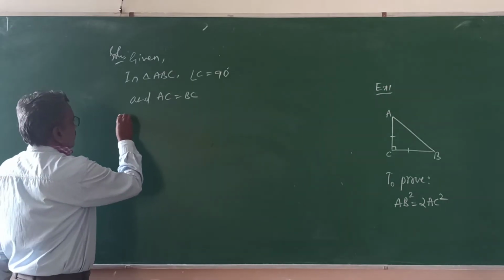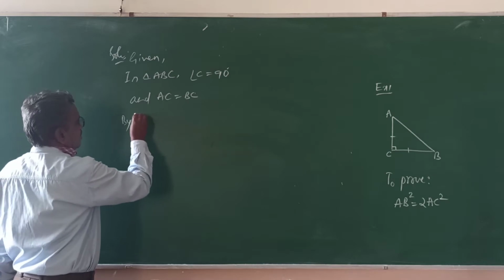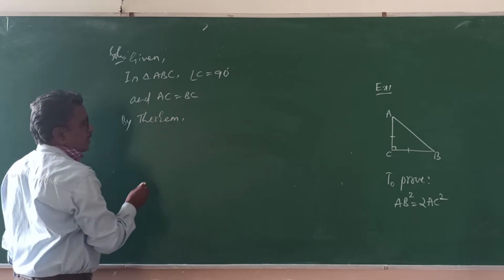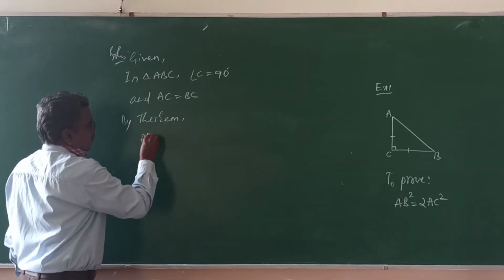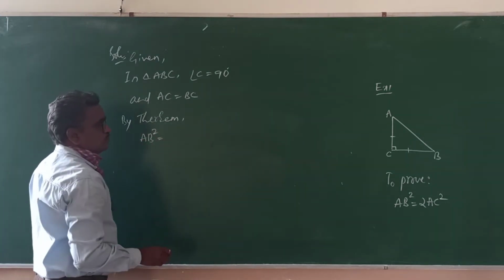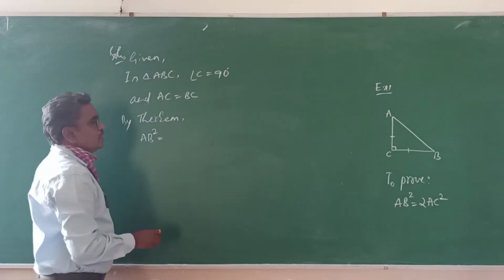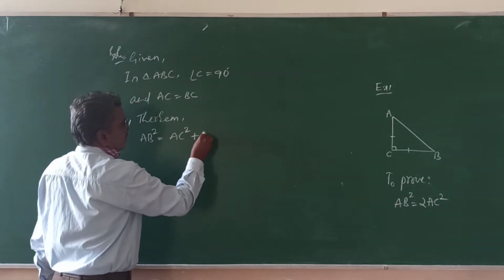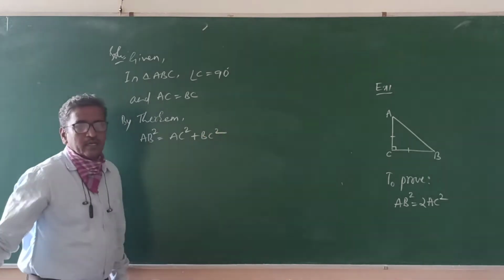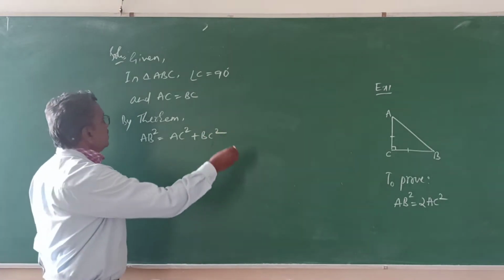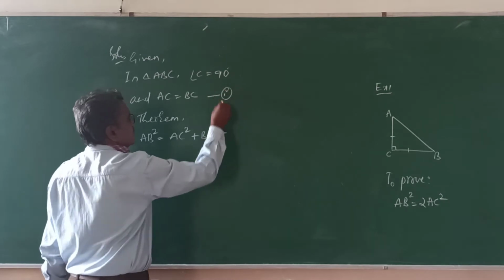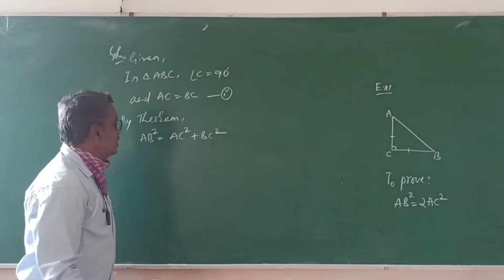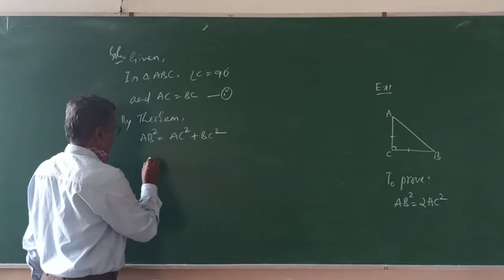So, by Pythagoras theorem, what we can tell? That is AB square is equal to AC square plus BC square. Yes, AC square plus BC square. Yes, they are given. What they are given? AC is equal to BC or BC is equal to AC. Yes, therefore,